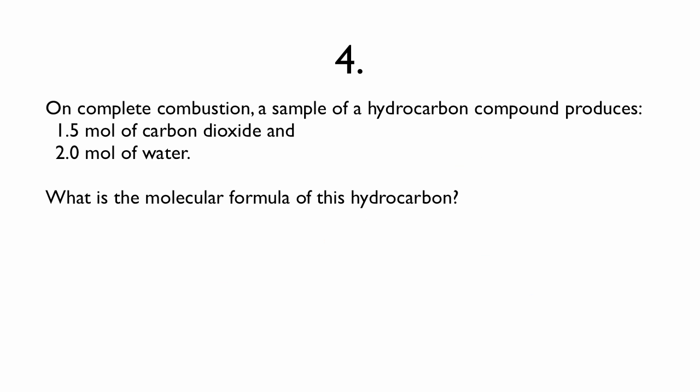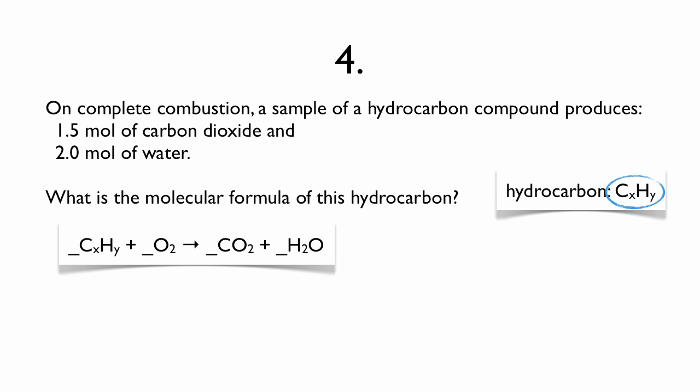Number 4. On complete combustion, a sample of a hydrocarbon compound produces 1.5 moles of carbon dioxide and 2 moles of water. What is the molecular formula of this hydrocarbon? Now, remember, this is the generic formula for a hydrocarbon. And here's the formula for combustion of a generic hydrocarbon. Notice that all the carbon in the hydrocarbon ends up in the carbon dioxide, and all the hydrogen ends up